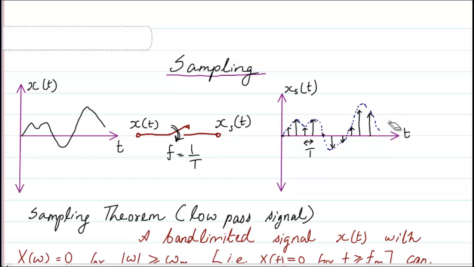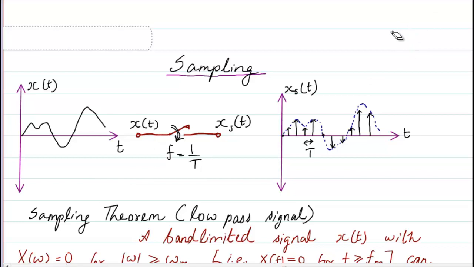But as you will study next in the sampling theorem, if you are going to sample a signal according to what is called the Nyquist rate, you will be able to get this original signal back from the sampled signal if the rate of sampling is based on the Nyquist criteria or the Nyquist rate. So basically it means if you are careful at sampling at a particular rate, you can get this original signal